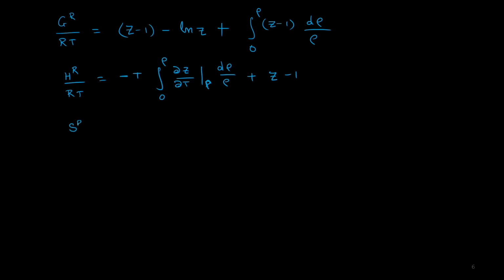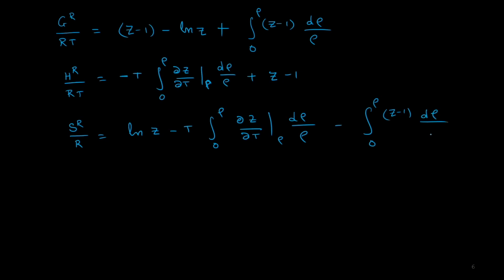And SR over R turns out to be ln Z minus T times the integral from 0 to rho of dou Z over dou T at constant density d rho over rho,